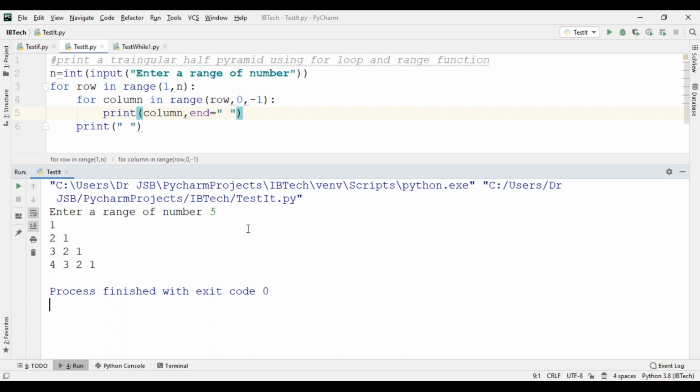The second row, you are decreasing the order, 0, minus 1 order. So 2, 1. Now you are fetching the column, row-wise and column-wise. So the next column, 3, 2, 1. Then another column, 4, 3, 2, 1, up to 0, minus 1.